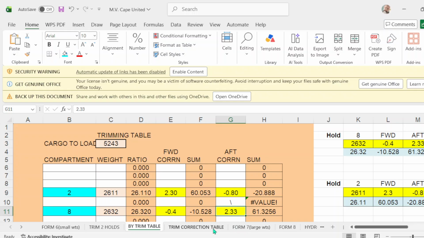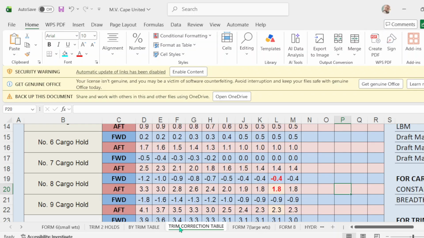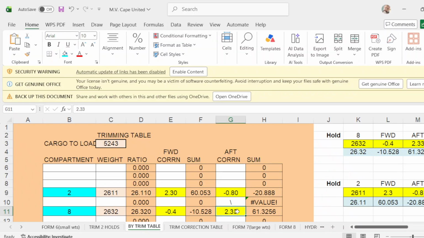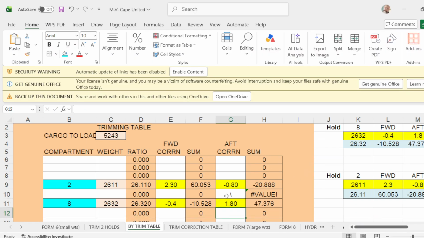Up is how much? Up is 1.8. Take out this one.